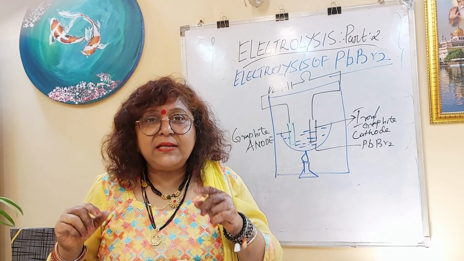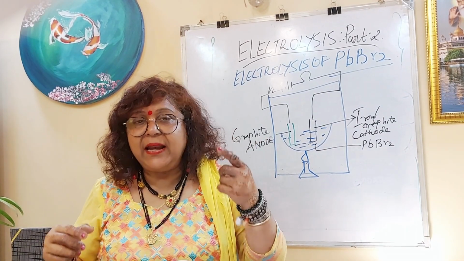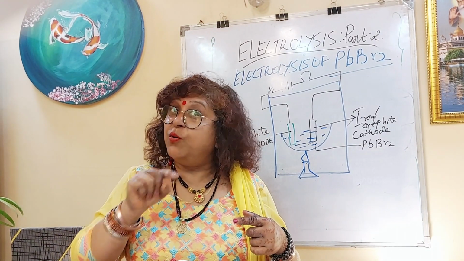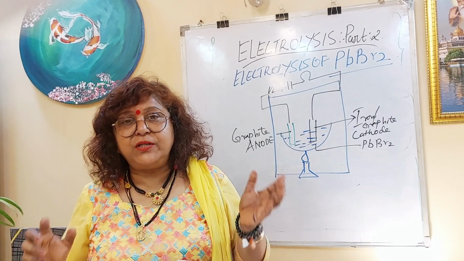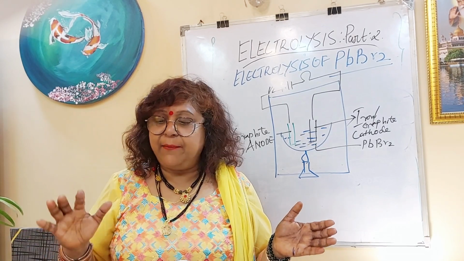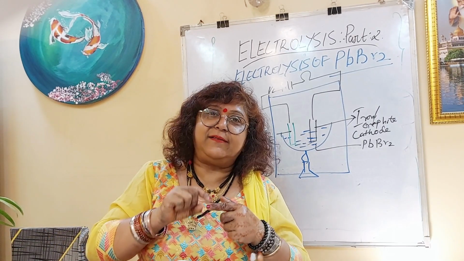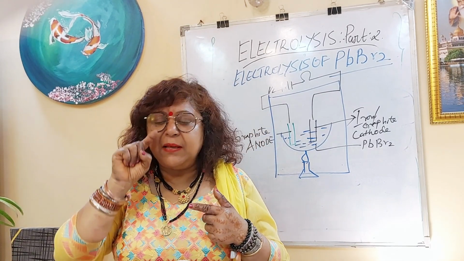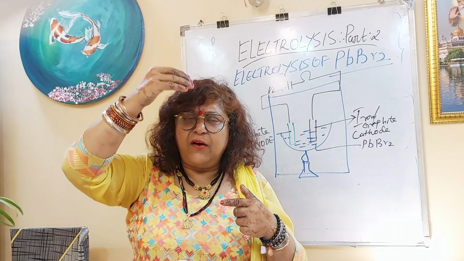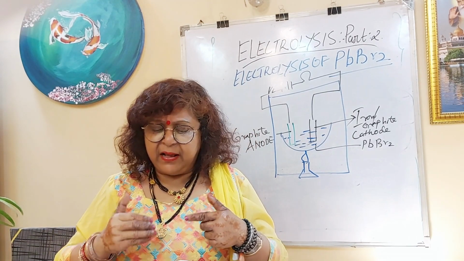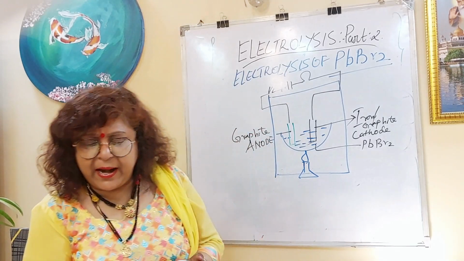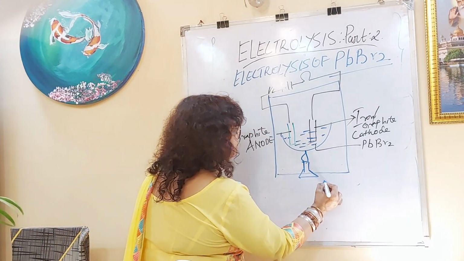Third point is the ions become free when the lead bromide is in the molten state. So you will underline the words molten state. So hence the crucible is heated to maintain lead bromide in the molten state. So this is the first point here, molten state. Then comes the sequence of reactions which will take place here. So the dissociation of lead bromide will be, lead bromide will dissociate into